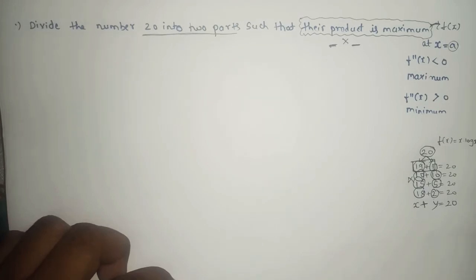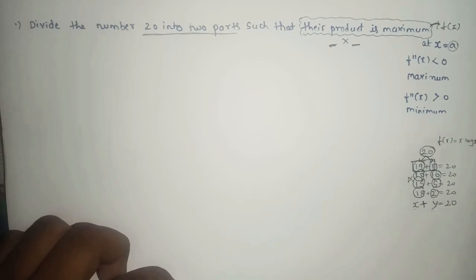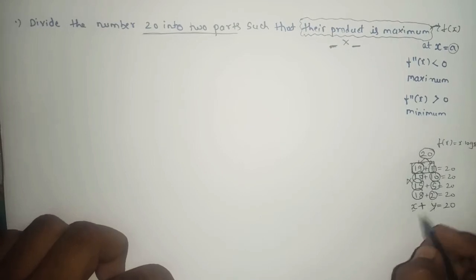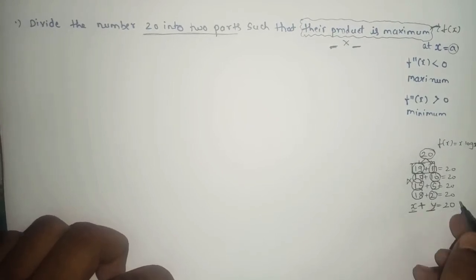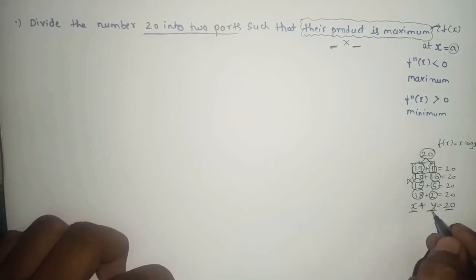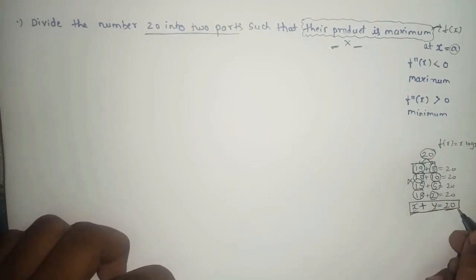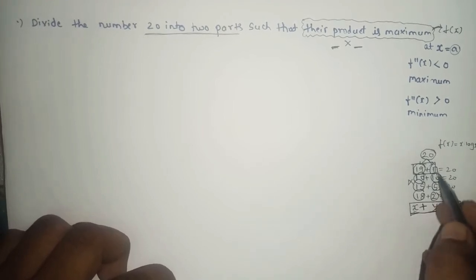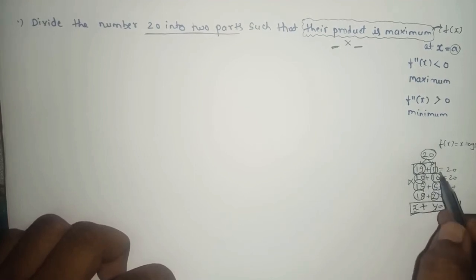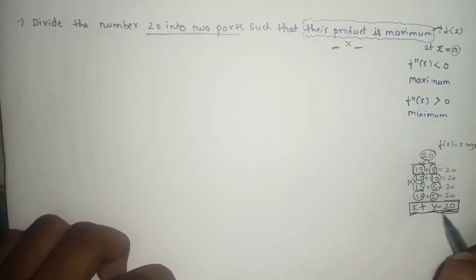Yes or no? Whether it is 19 and 1, 10 and 10, or 15 and 5, let it be. But at present we don't know the two numbers, so let the two numbers be x and y. So we divide the 20 into two numbers x and y, and their sum should be equal to 20 only. Yes or no? As here I divided 20 into 19 and 1, 10 and 10, 15 and 5, 18 and 2, after adding the numbers, it should equal 20 only. So this is the proper hint and the proper explanation, I will say.